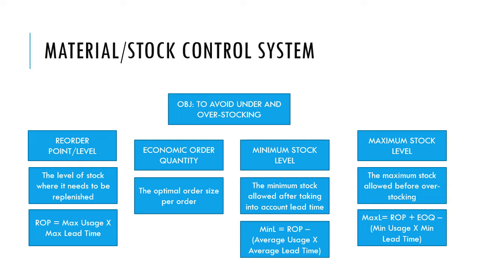The next subsection in chapter 3 is the material and the stock control system. Okay. So what is the objective of having a stock control system? One is to avoid under and overstocking. Understocking meaning that